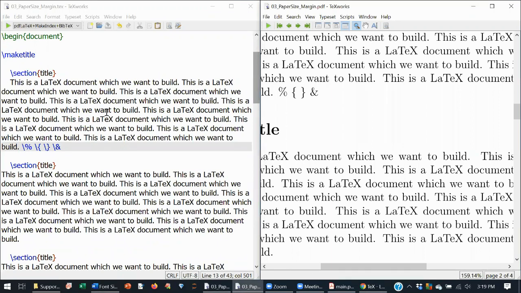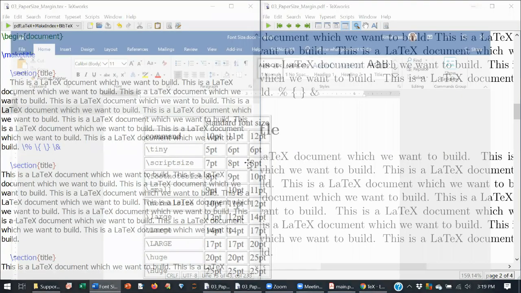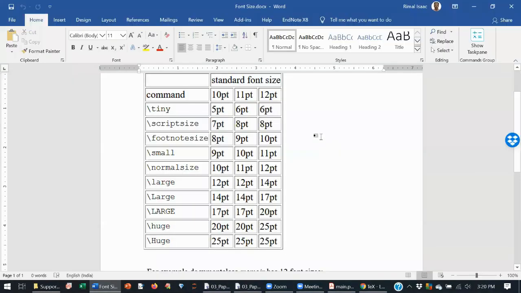Next, I am speaking about font sizes. In LaTeX, we define sizes like tiny, scriptsize, footnotesize, small, normalsize, large, Large, LARGE, huge and Huge.